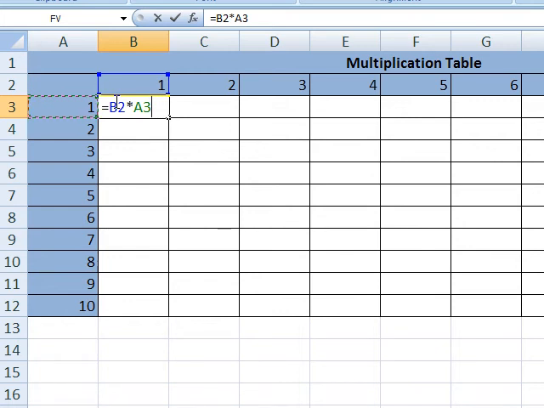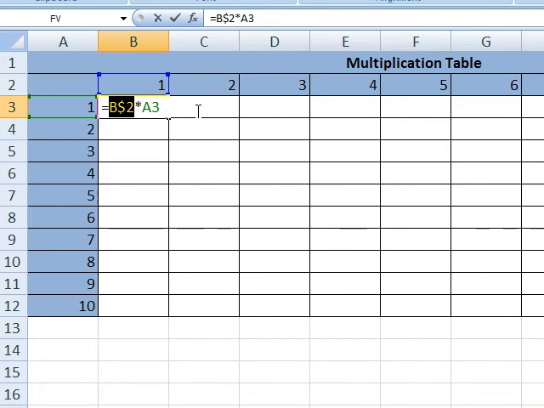In this case, B2, which is coming from up here, when I copy this formula down to this cell, I want that to stay B2. And in this cell, I want it to be B2, and this cell B2. However, when I copy it over to this one, I want the cell reference of B2 to update to C2. So what I'm really saying is I want you to fix the row of 2, but you can vary the column. So to do that, I'm going to press my F4 key, and I pressed it 2 times,